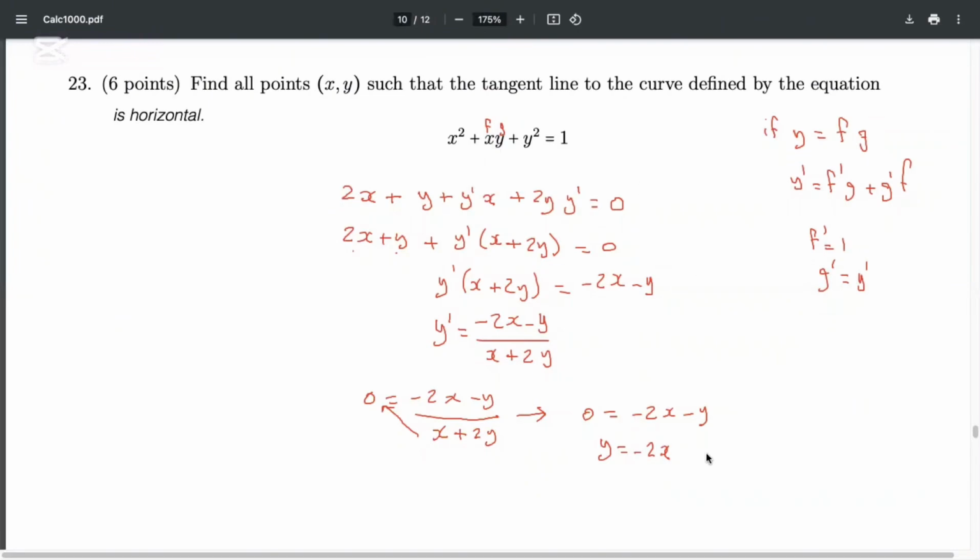So if we call this equation 2, and this equation 1, I'm just going to sub 2 into 1. And that way I'm going to get x squared plus x times y, which is negative 2x, plus y squared, which is negative 2x, squared